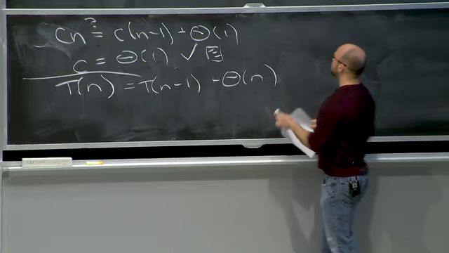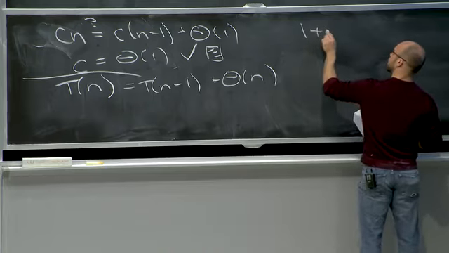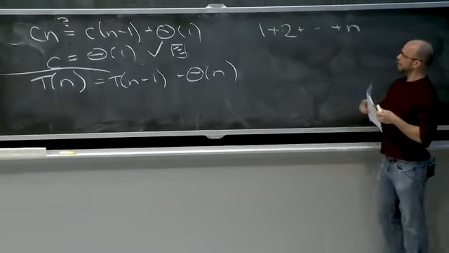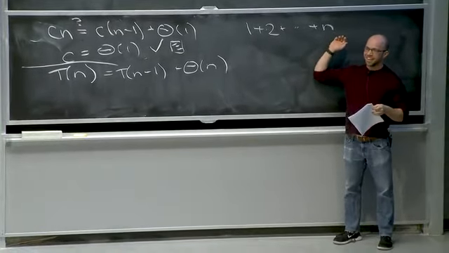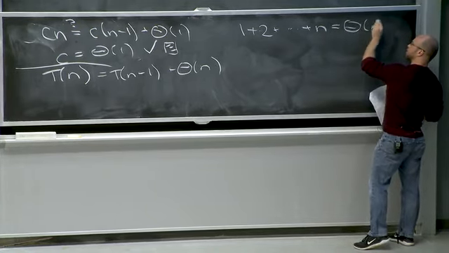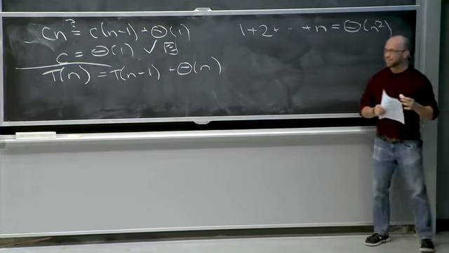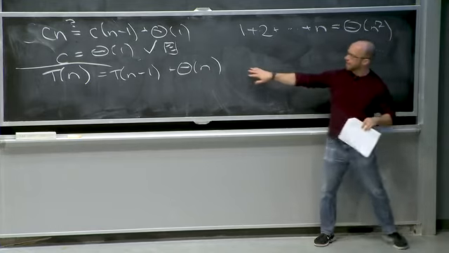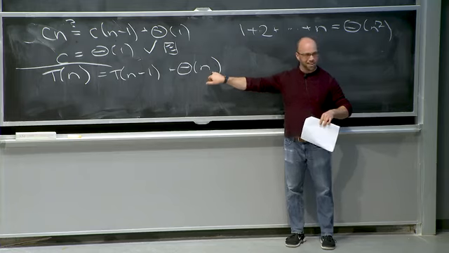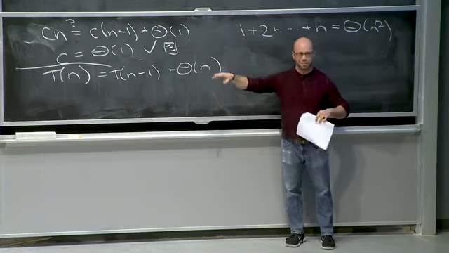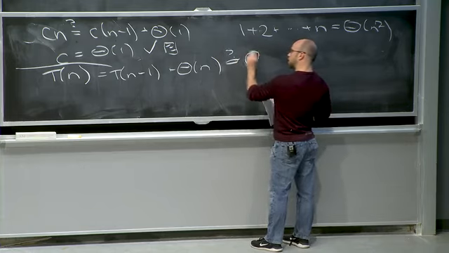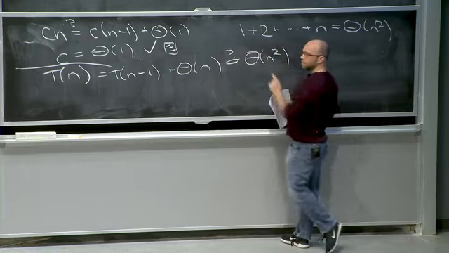Okay, so remember there's this nice relationship, which you probably learned in your combinatorics class, which is that 1 plus 2 plus dot dot dot plus n. I can never remember exactly the formula, but I'm pretty sure that it looks like n squared. So based on that, and taking a look at this recursive thing, which is essentially doing exactly that, n plus n minus 1 plus n minus 2, and so on,